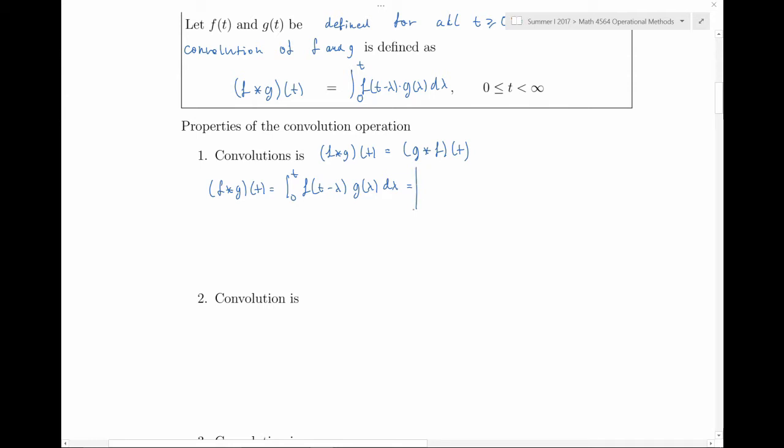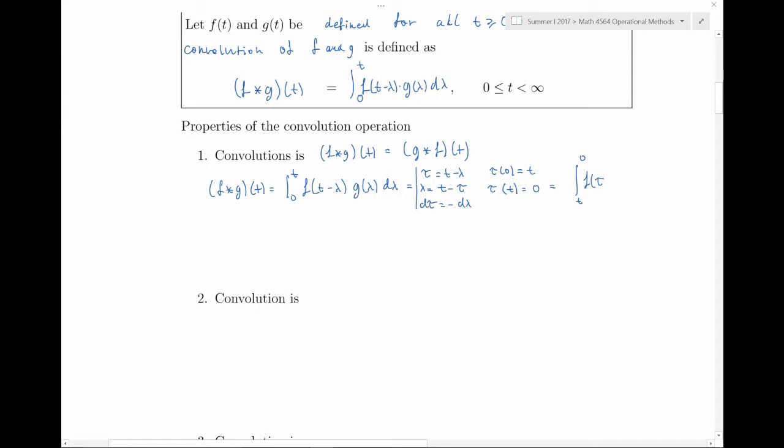So if I change the variable to say tau is t minus lambda, then lambda becomes t minus tau, and d tau is minus d lambda. For the limits of integration, tau has got to be t. And for the second limit of integration, tau is 0. So this changes the integral into integral from t to 0